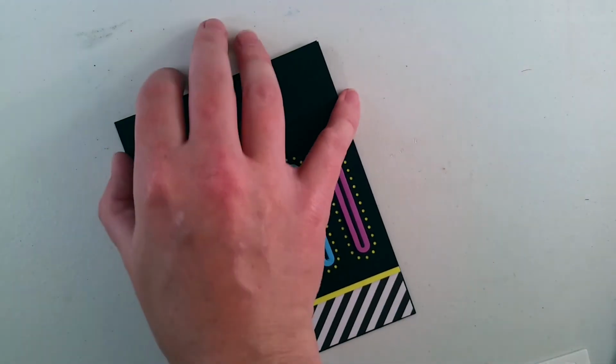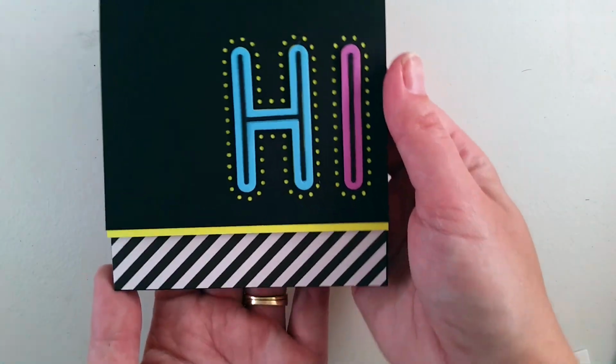That's it. So here's just one technique that you can use the new